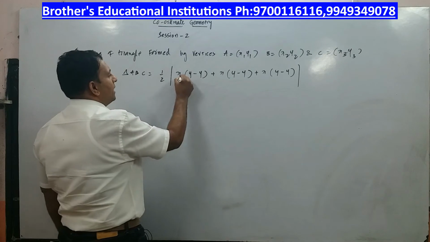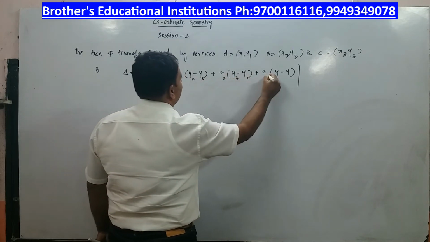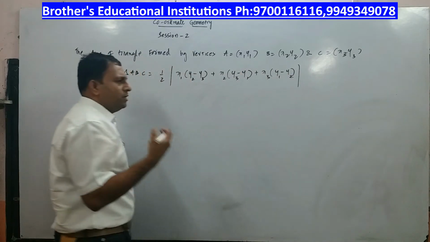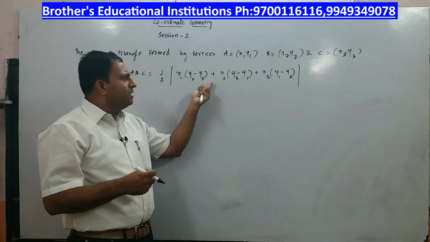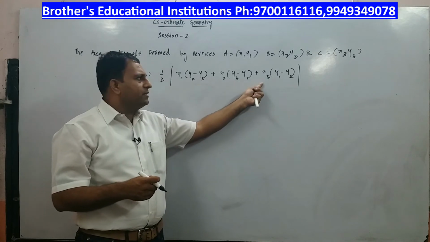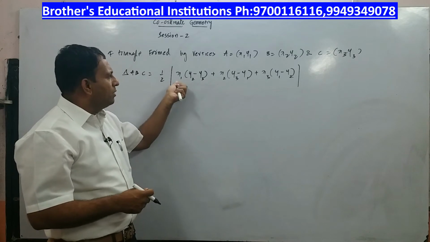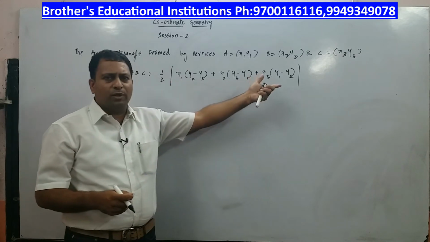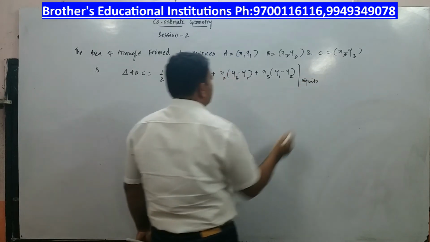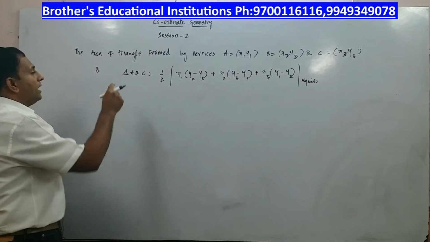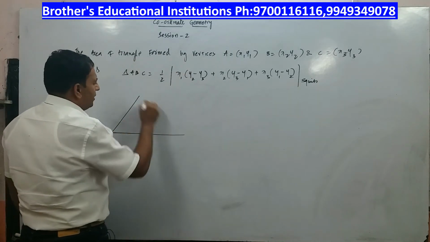I am going to write this as 1, 2, 3, 2, 3, 1, 3, 1, 2, and this is your formula. So how do you write this as formula? Half modulus x1 into y2 minus y3 plus x2 into y3 minus y1 plus x3 into y1 minus y2. That you cannot remember, so please remember the pattern: 1, 2, 3, 2, 3, 1, 3, 1, 2. So many square units. This is the way you will find the area of the triangle ABC when vertices are given.